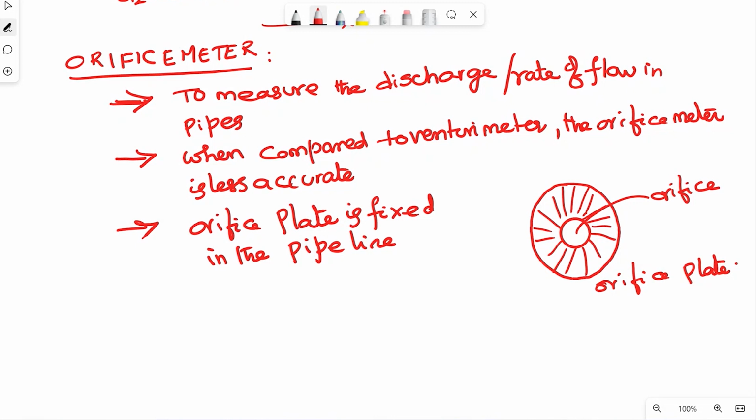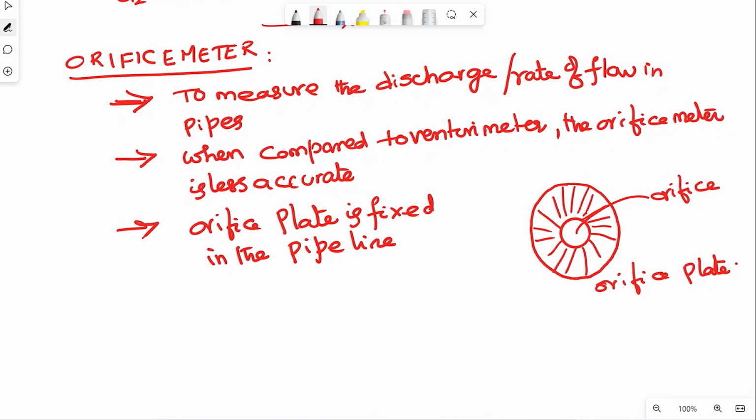So if the inlet is 20 centimeters, then the orifice diameter is 10 centimeters, whereas the orifice plate size is a little bit more than the pipe diameter. If the pipe diameter is 20 centimeters, you take a steel plate of 22 centimeter diameter, then make a hole of 10 centimeters at the middle, and fix it in the pipeline with flanges. That is what we call an